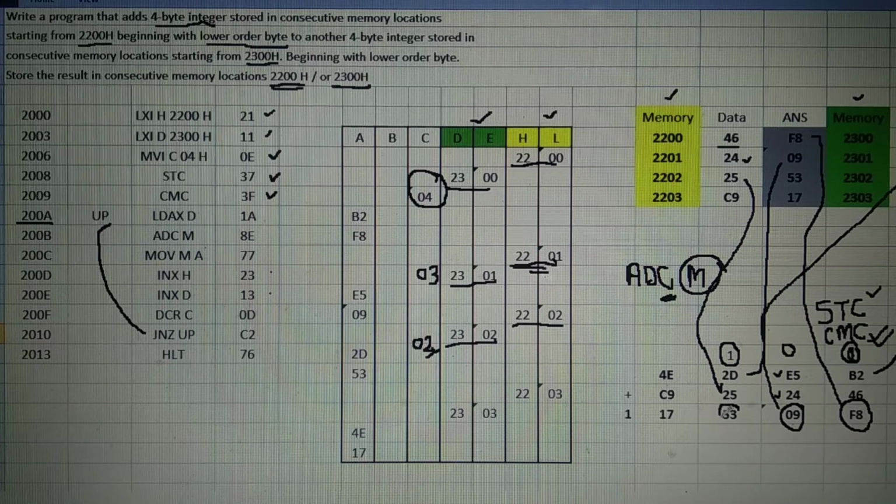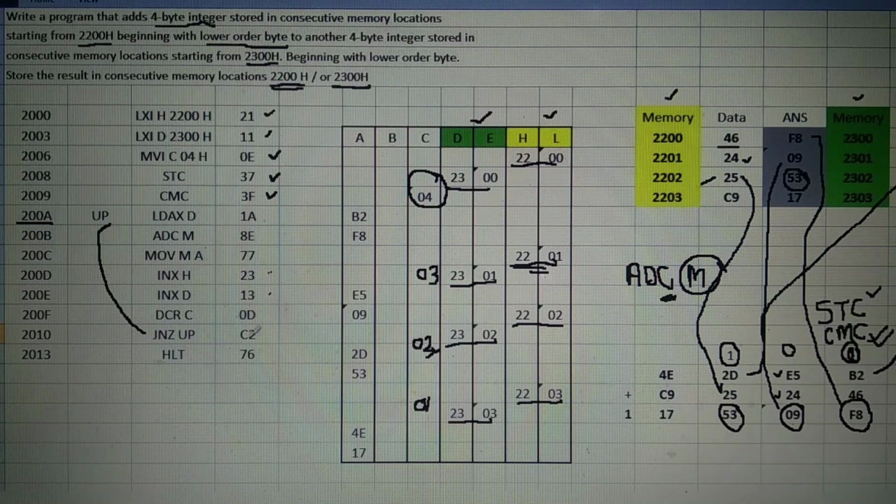The answer is 53. This 53 is stored to the memory. Memory in yellow. It is stored at memory as 53. This number gets erased. Next, INX H, INX D. Go to the next memory. Decrement, it becomes 01.